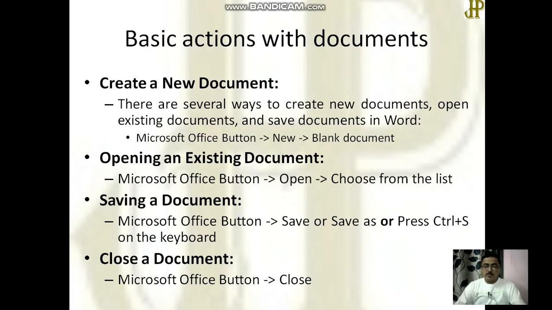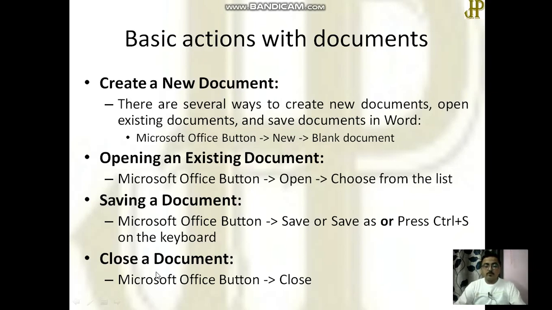When you want to save the document, you have to click the Microsoft Office button, then click on Save or Save As option. Other than this, you can also choose a shortcut key, Ctrl S, on the keyboard. And the last one is how to close a document.